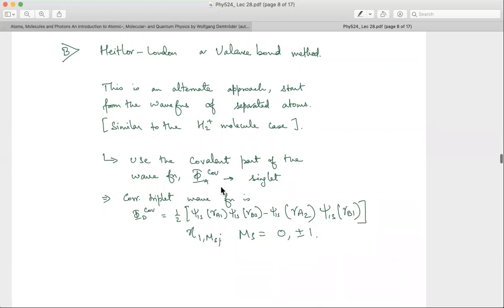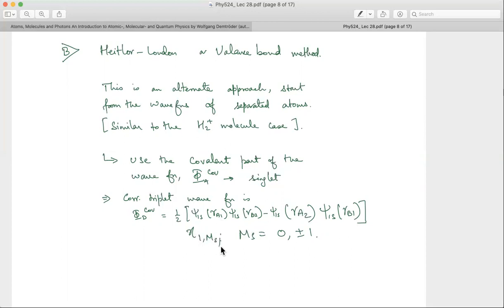Then I know from experience that the spatial part being antisymmetric in the wave function minimizes the electron-electron repulsion energy, right? So if I use that, then let me construct a spatially antisymmetric part from here, which is just this, right? So I am using the 1s orbital. I want to construct a product wave function and antisymmetrize it. So that's the spatial part. Half of psi 1s R1A, psi 1s RB2 minus psi 1s RA2, psi 1s RB1. So I construct that wave function.